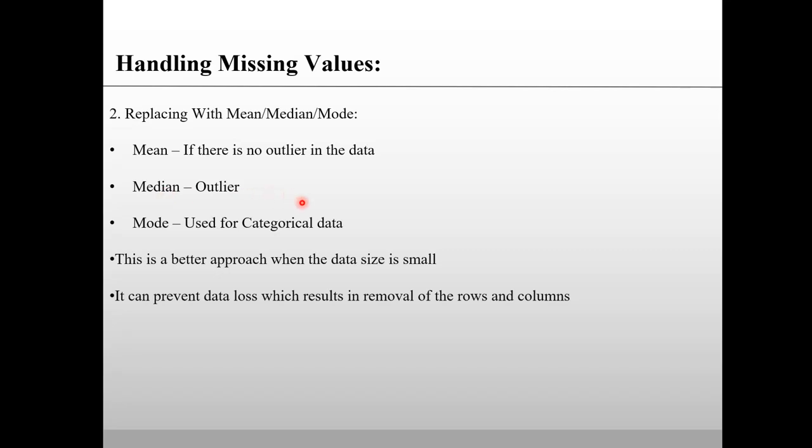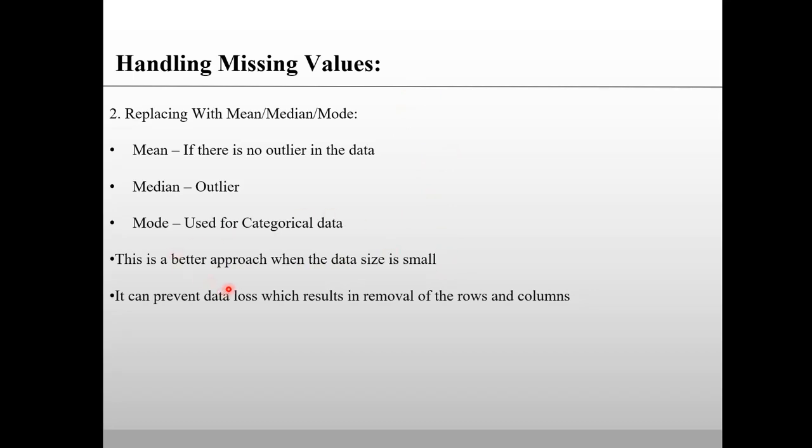So whenever you come across data with outliers, you can replace the null or missing value with the median of the column. Your data may even have categorical features, right? When you find missing values in categorical features, you can replace them using the mode of that feature. Mode is nothing but the most repeated categorical value of that particular feature. Even this approach can be used when your data set is very small. When you have a large amount of data, this method is not preferred.